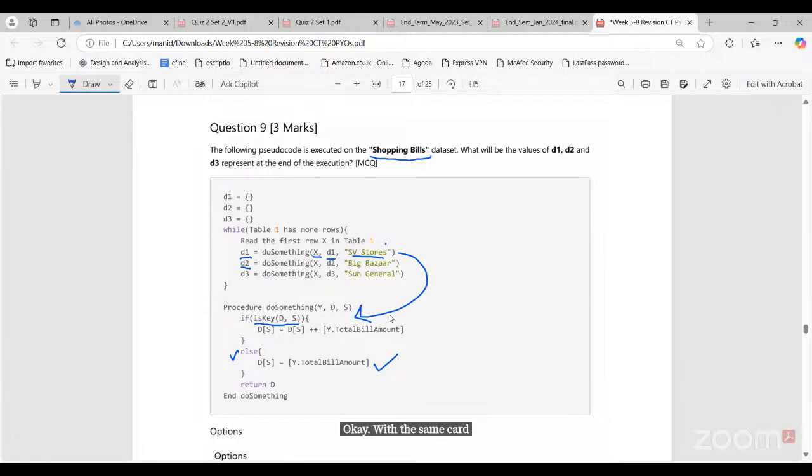Ma'am, I could not understand whether D is a dictionary or a list or what? D is a dictionary. And that's why we are checking for keys, and then adding the total bill amount. That means, what am I doing? This D[S] plus means if there is already a key present for this S,